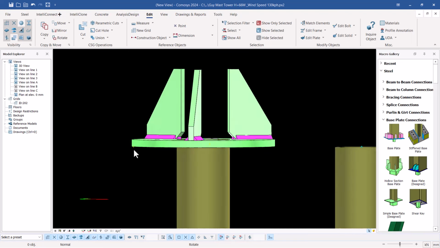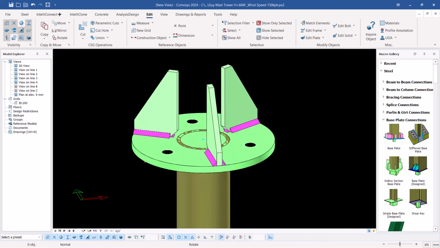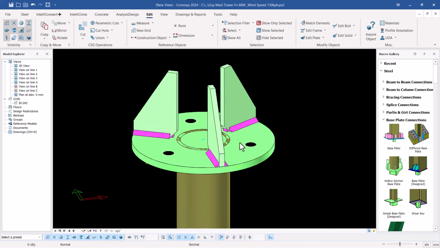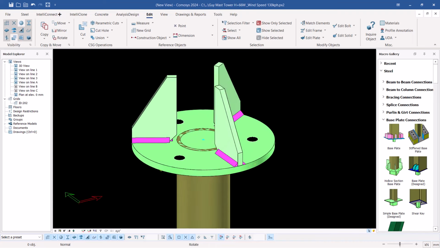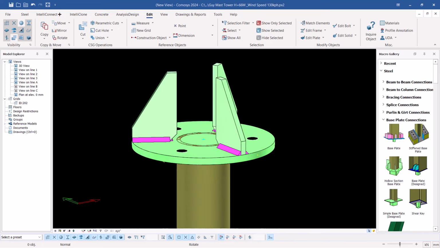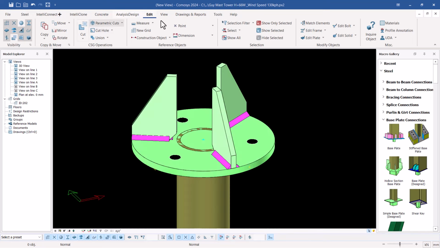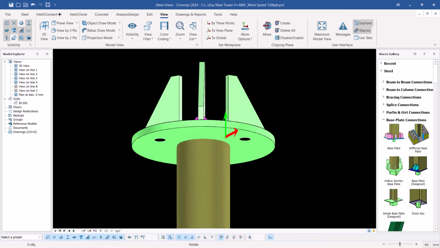So once you're here, I need to place my XYZ plane that will align with this. So this is where the trickery comes in. So where do we place our work plane? We'll place our work plane here because it kind of faces the same direction as this plate. So what I'm going to do, I'm going to come to view here. So under view, I'm going to pick on the surface. So I'm going to pick the surface of that particular stiffener right there. So once you've done so, I'm going to